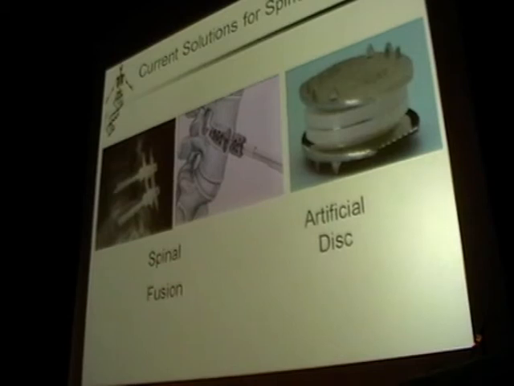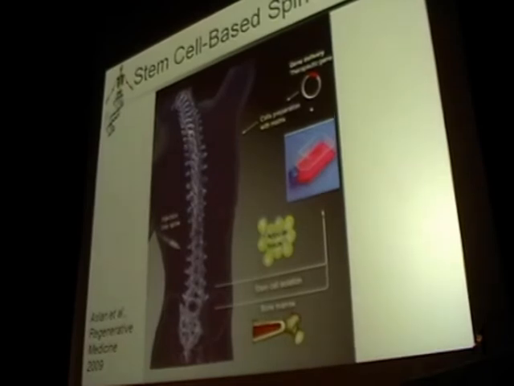Or by replacing the intervertebral disc with an artificial disc. As I showed previously, this is the current clinical treatment, and what we are trying to do is to isolate mesenchymal stem cells from adipose tissue and bone marrow into culture, and then engineer them with BMP2 or BMP6, and then re-inject them at the site